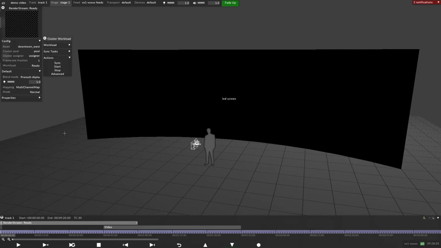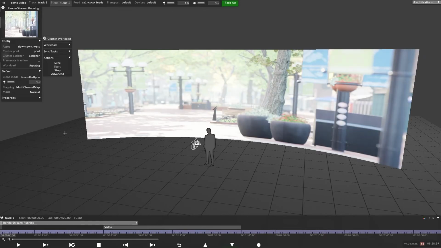So it's just kicking off the startup. Sometimes the first startup can take a little while, and that's because the Unreal Engine is spinning up, and sometimes, depending on the settings you've changed, it may need to compile shaders and adjust the behavior of the content in certain ways. But you can see that we do now have a stream up and running from Unreal Engine into